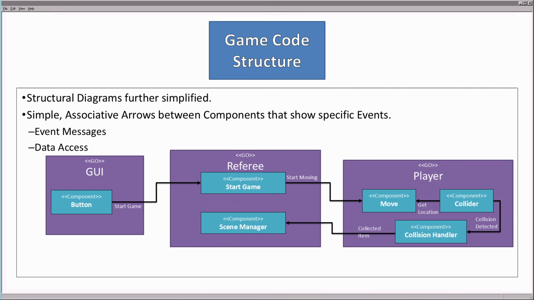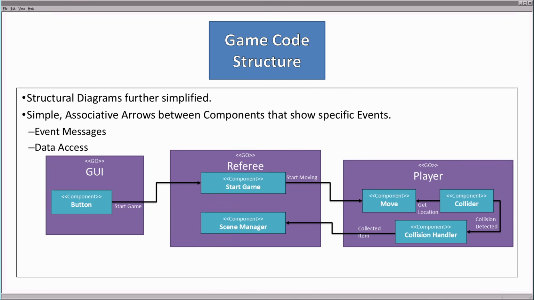First, we can remove the need for sockets and joints and just have simple associative arrows between components that show specific events. This can be both related to a specific event message that is sent from one component to another, or require data access where one component requires the information from another. While the usage is slightly different, we can use just one kind of arrow, a solid arrow, demonstrating the dependency